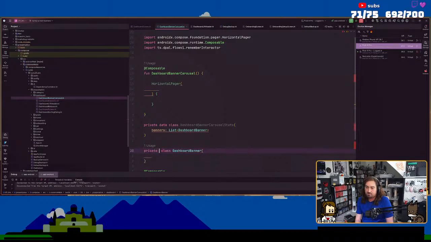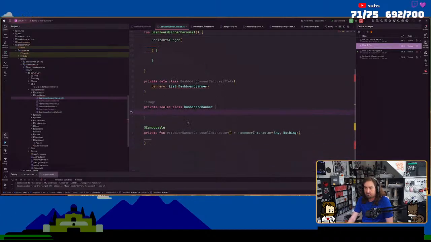And this is going to then also be a sealed class. And then we have all of our banners, right?